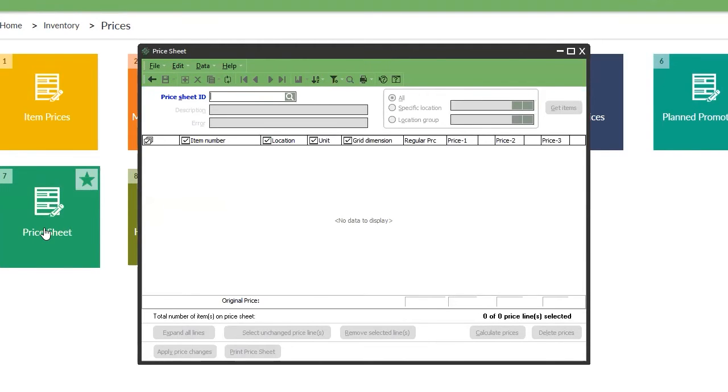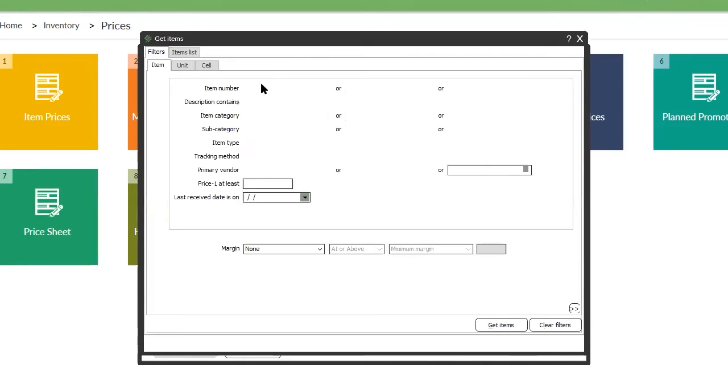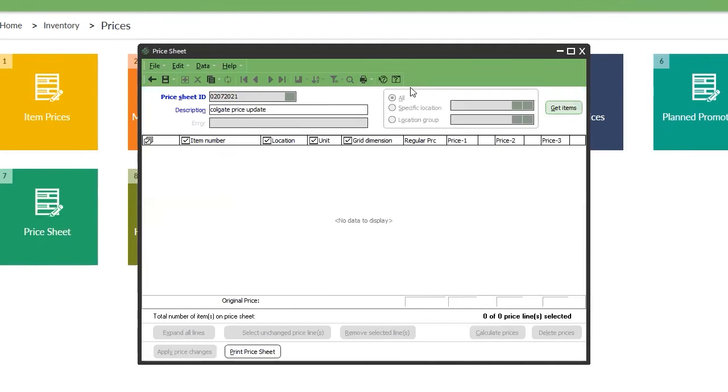Price sheet is like, for example, you want to update the prices of all Colgate on this day. So I prefer keeping the price sheet ID as the date, meaning the day I'm going to make those changes. Description: Colgate price update. So once you finish entering the description and you hit enter,